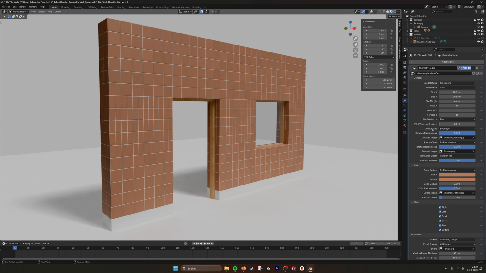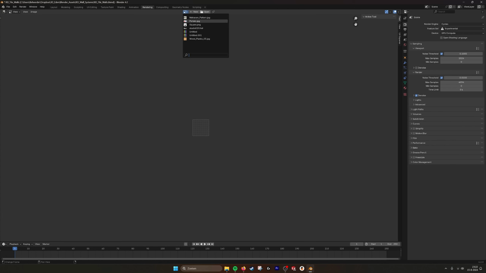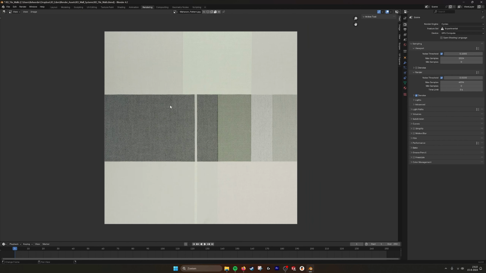Then we have double tiles. You can say by randomness, and then you can drag this to get double tiles randomly. And we also have by image, and here we can set an image. I'm currently using a pattern that I got from the internet, a harem pattern. It's a textile with different colors and